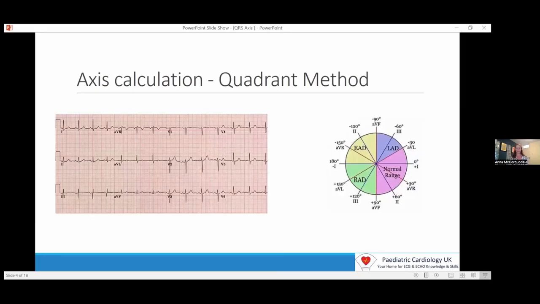Here we have our first axis calculation method, the quadrant method. It's also convention to use lead 1 and AVF to calculate axis. So we will do this using the quadrant method now. First of all, look at lead 1. We have to decide